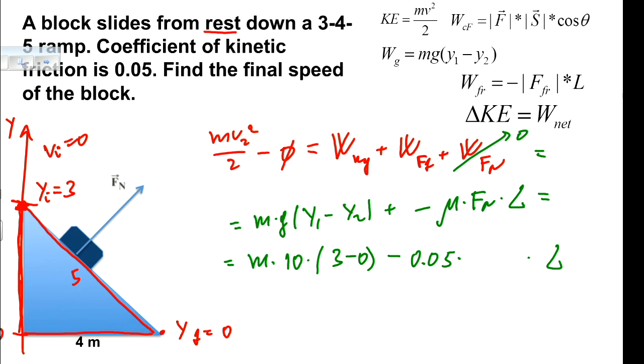So, if I write just mg, would it be correct? No. We know that the normal force and the force of gravity are related, and the relationship is also given by the angle. So that's the normal force, that's the force of gravity, 90 degrees. Normal force equals mg cosine theta.